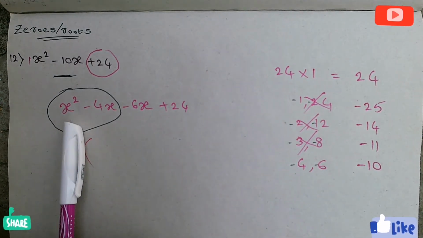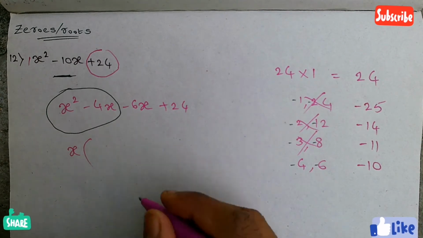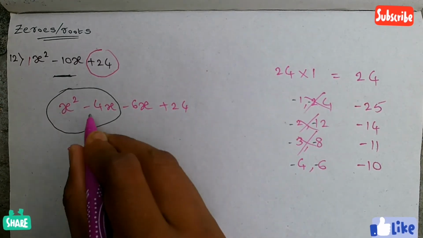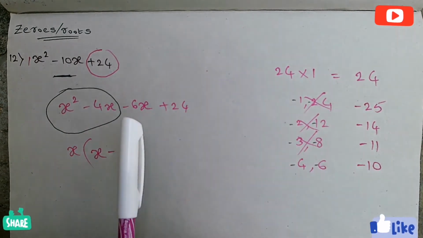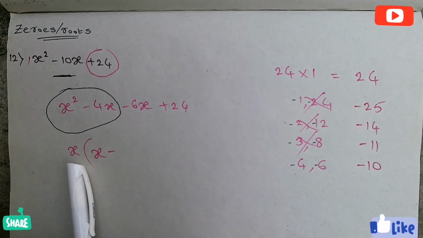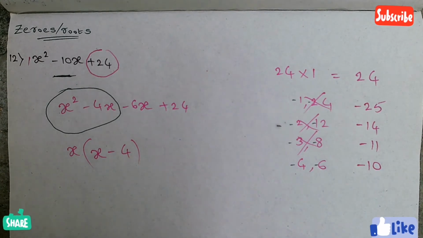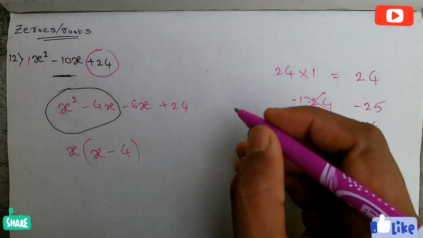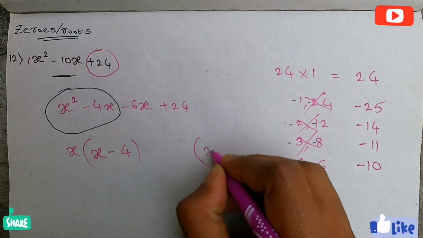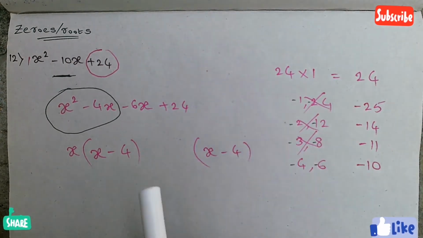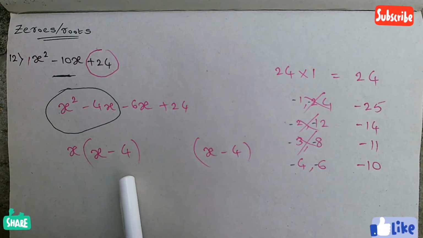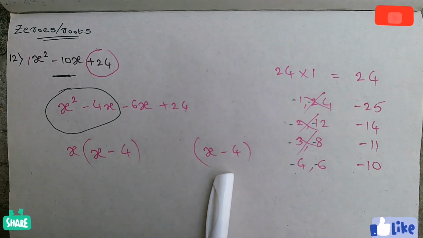Here x square is there, already I took x outside, so remains one more x. Here minus is there, so minus as usual. Here 4x is there, already x I wrote, so remains 4. Now from the third term and fourth term also we need to take something common. After taking the common, again we need to get the same expression inside the bracket which we got here. Here if we got x minus 4, it means here also we compulsorily need to get x minus 4 only.